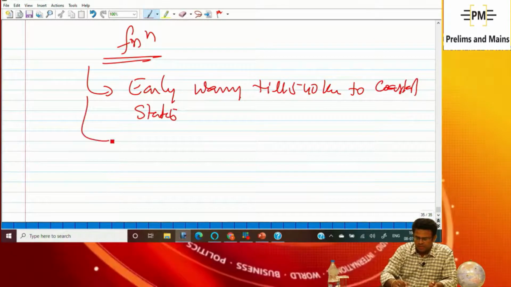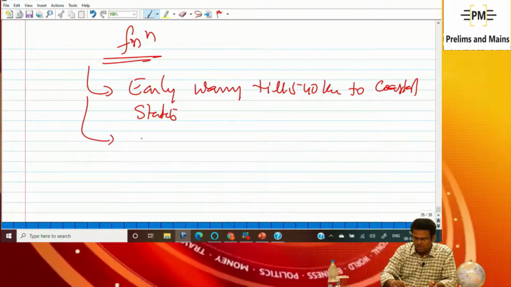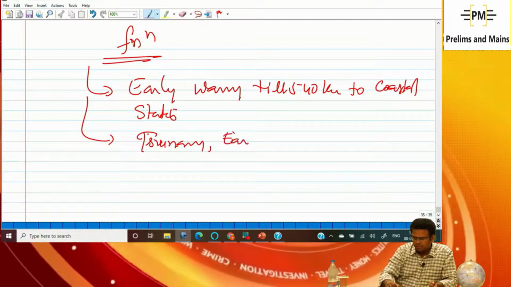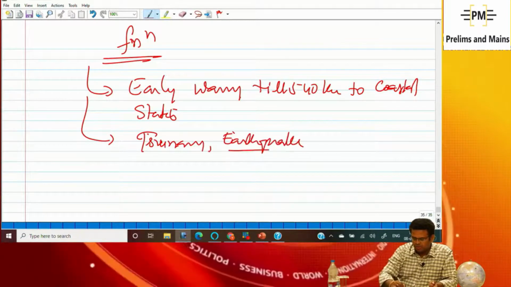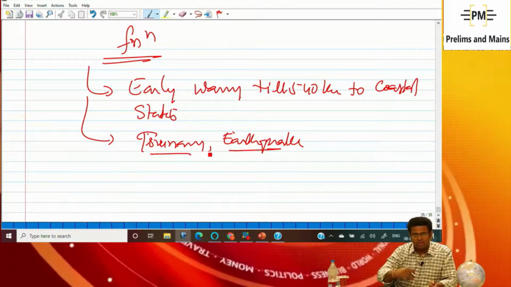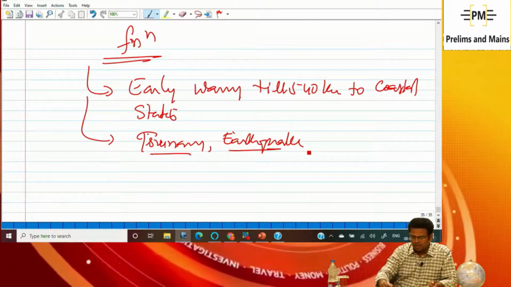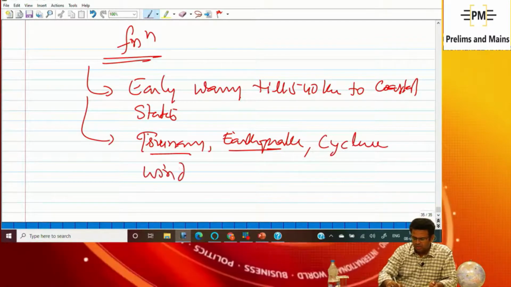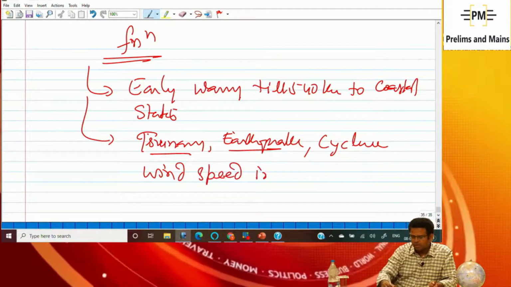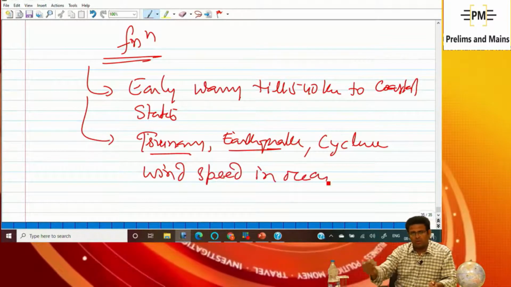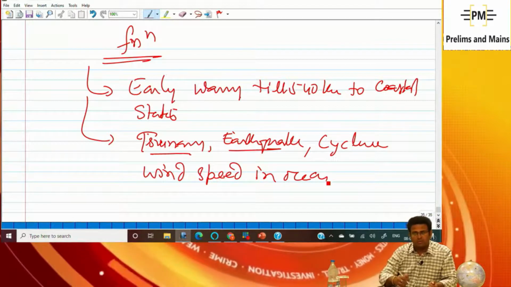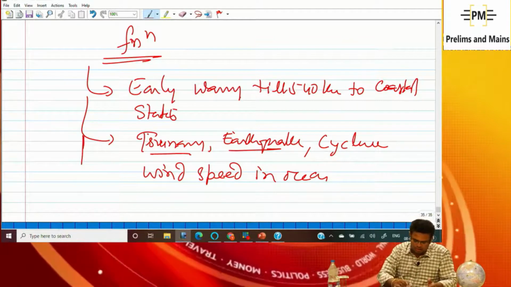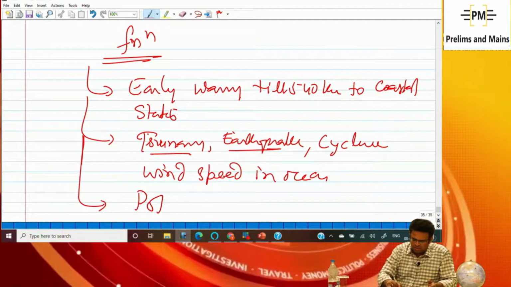Clear? They will give it to everyone. They will also give information about tsunami and earthquake, if an earthquake occurs in the ocean, remember that. Cyclone, and then wind speed in the ocean will be given to the coastal states. All this information will be given so that they can come back early. And another thing, most important for the fisherman, the potential